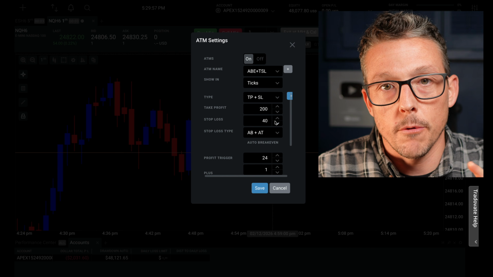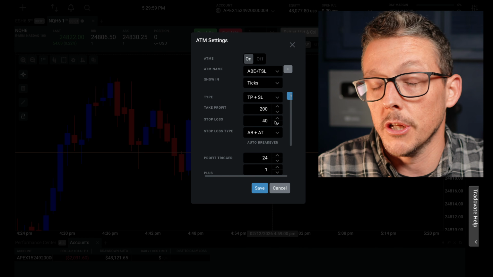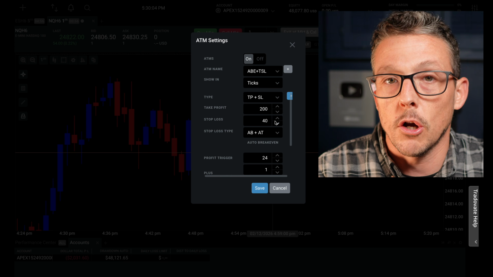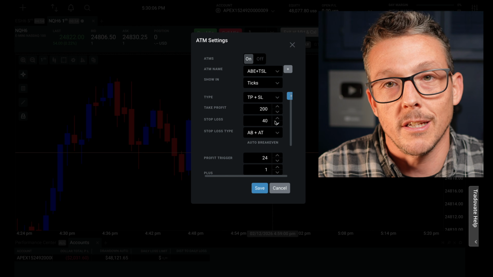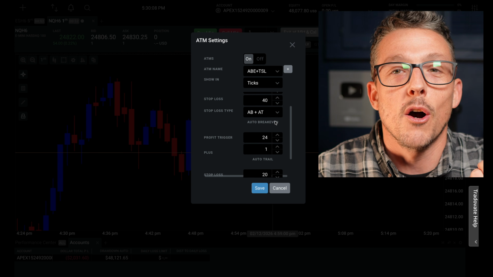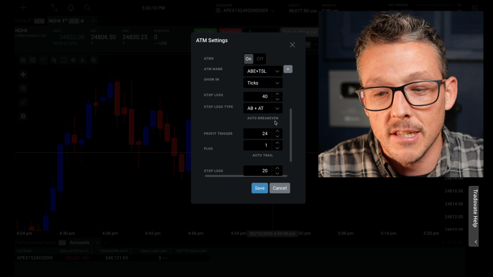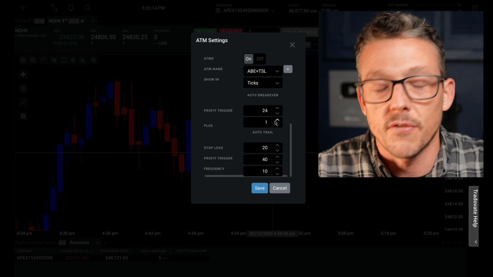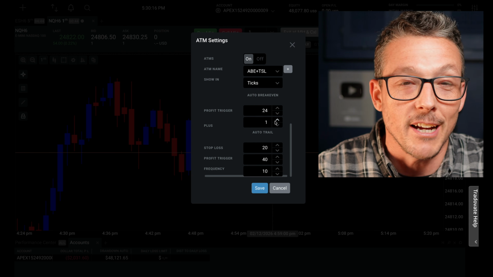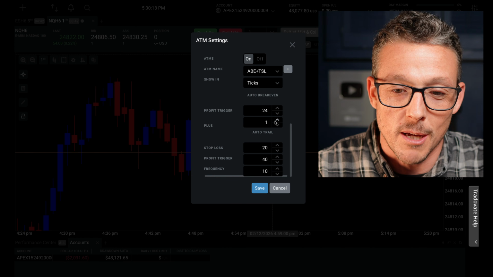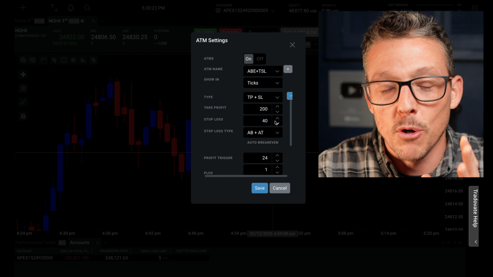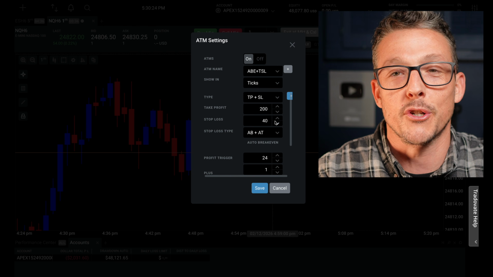So if you're inside Tradovate, you're probably going to want to use bracket orders, and those are pretty easy to set up. But if you want to get towards something like auto break even or a trailing stop loss, or even worse, an auto break even into a trailing stop loss, you get to this chart here, and frankly, it's very, very confusing. And as somebody who Googled, looked, and spoke to them on the phone, I just couldn't figure it out. So in this video, I am going to give you hours' worth of research and work and